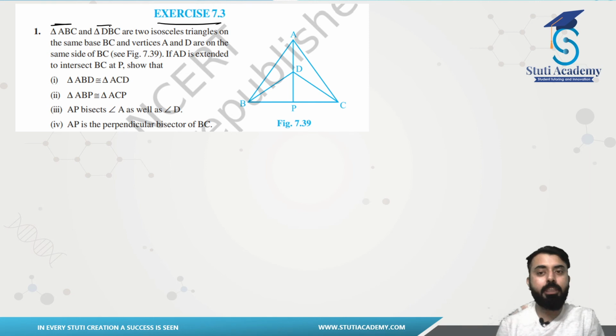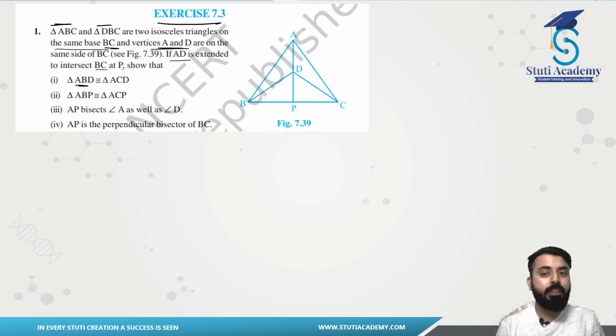Triangle ABC and DBC are two isosceles triangles on the same base BC and the vertices A and D. You see ABC and DBC. These two triangles are on the same base, and vertices A and D are on the same side of BC. If AD is extended to intersect BC at P, we